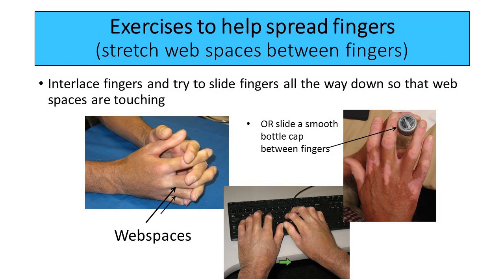Okay, these exercises are for the web spaces, which is the area between your fingers. Sometimes in people with scleroderma, that becomes really tight, and it can be difficult to put on gloves, or maybe for keyboarding, or if you play a musical instrument, having that stretch ends up being really important. So the one